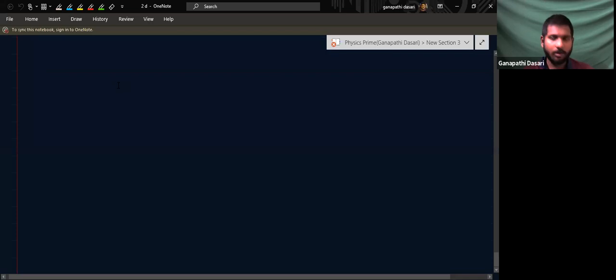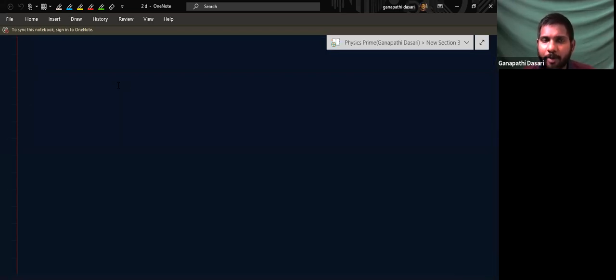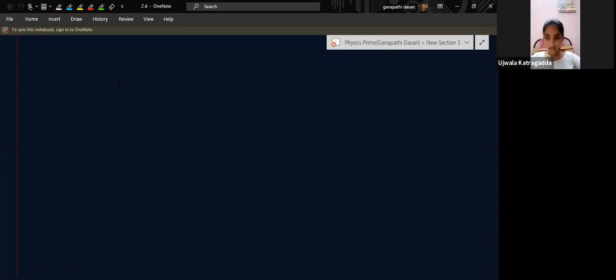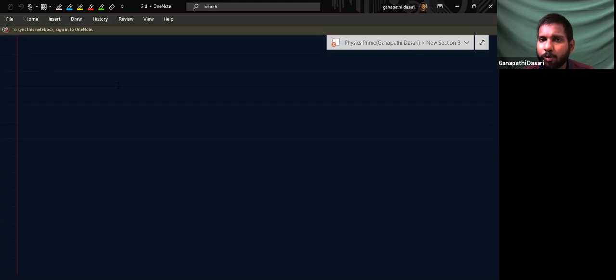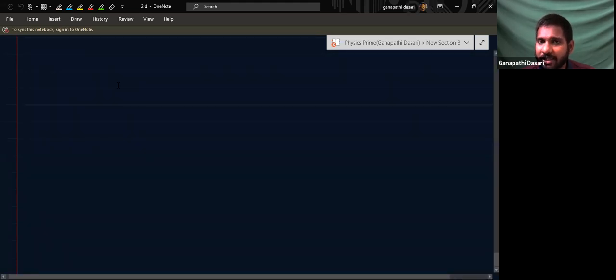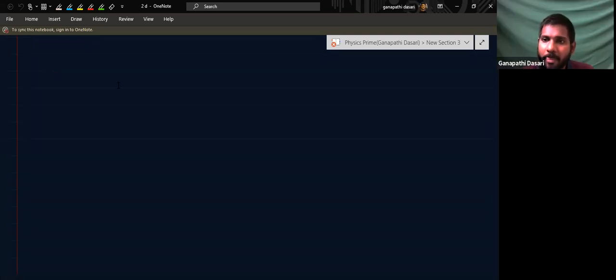In the previous class, we were discussing projectile motion. We studied how to find the time of flight, how to write the equation for range, the formula for range, how to write vertical displacement, how to write the maximum height formula, and a very crucial point: for two different angles we will have the same range.